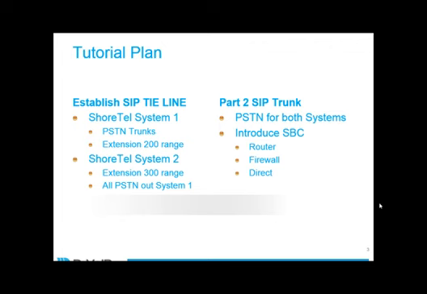The other ShoreTel system will have extensions 300 to 399, and when they dial 9 to make a phone call, it's going to go out the ShoreTel system number 1, and we'll take a look at how to set that up. In the second video, we will change the PSTN trunks on System 1 to be SIP trunks, and